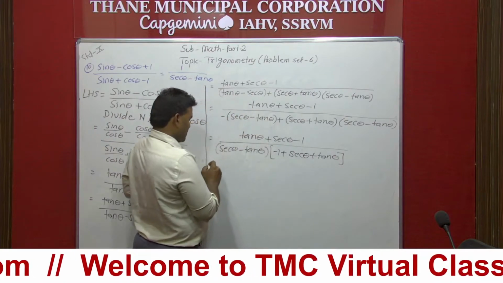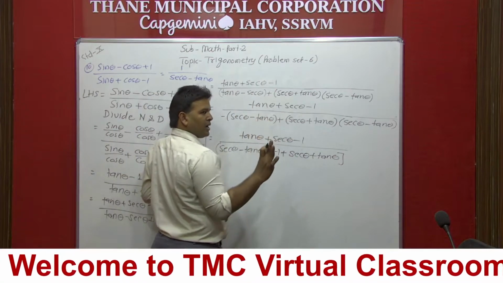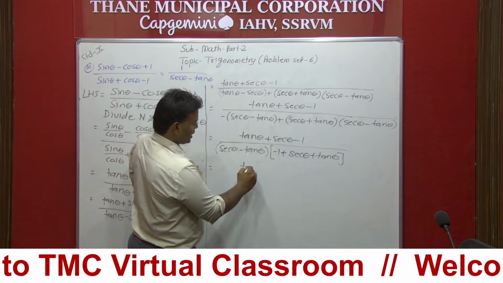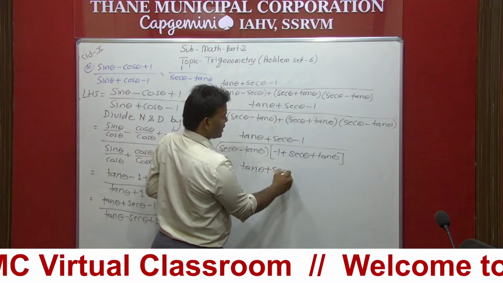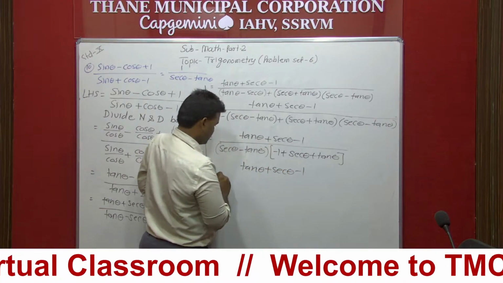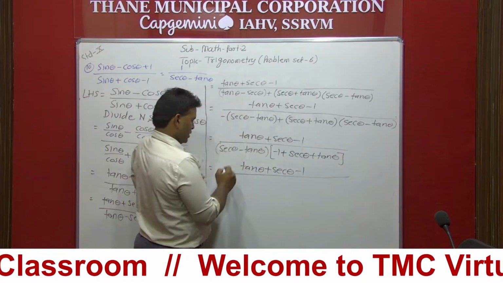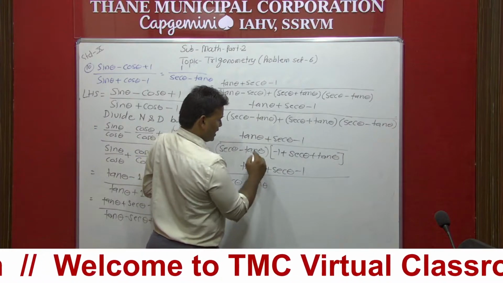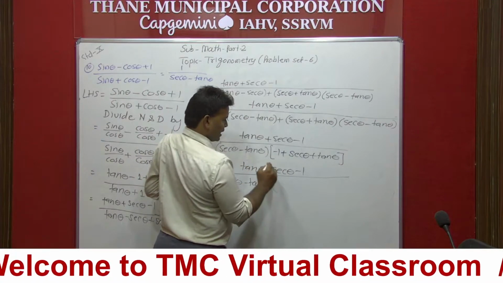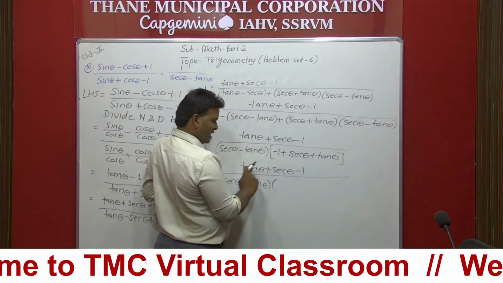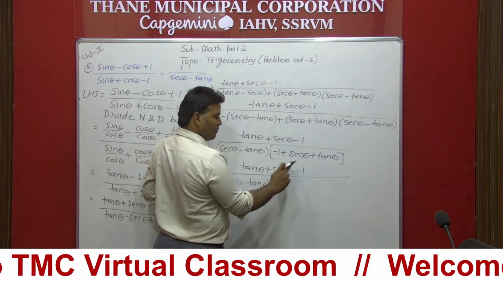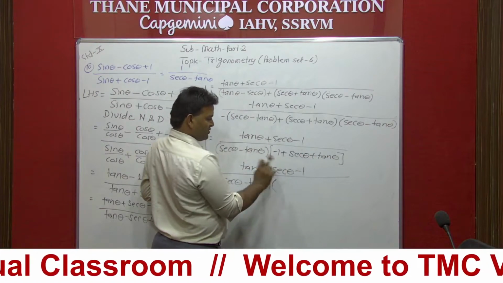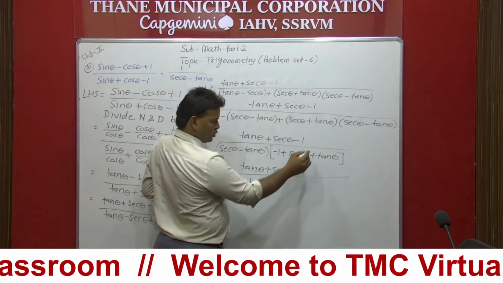Now students, pay attention. Actually this and this both are the same. But just for the sake of convenience, I will write down one more step for you. Here this numerator is tan theta plus sec theta minus 1 upon, this one is sec theta minus tan theta, second bracket. Now see this one. What I have written is sec theta plus tan theta, so tan theta plus sec theta minus 1. Tan theta with positive sign, sec theta with positive sign, and 1 is with negative sign. तो इसको मैं कैसे लिखूंगा?